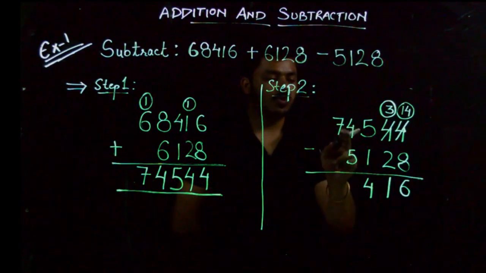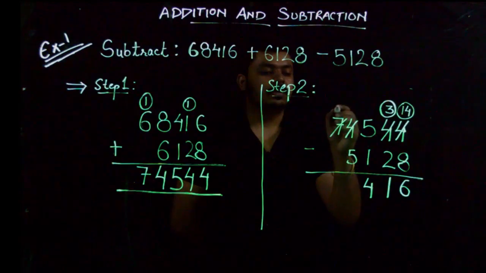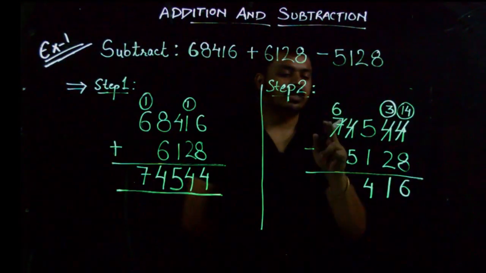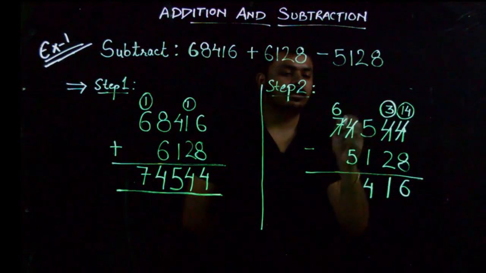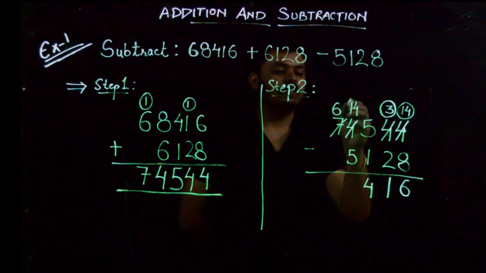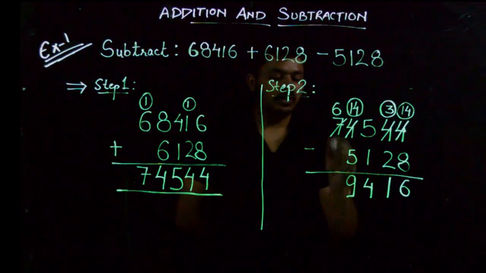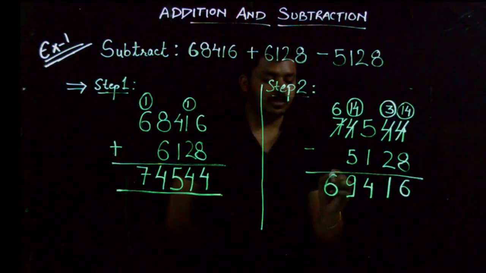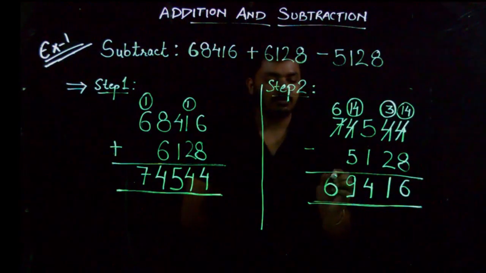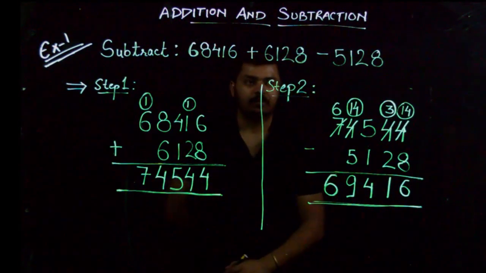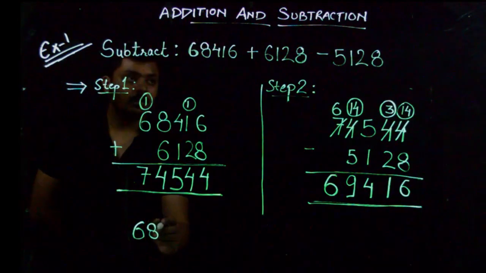4 minus 5, since 4 is less than 5, so again regrouping. So here it is left 7. We take 1 ten thousand and bring it to the thousands column. So 10,000 plus 4,000 becomes 14. 14 minus 5 is 9 and here it is 6. So our answer to the given expression is 69,416. So we can write 68,416